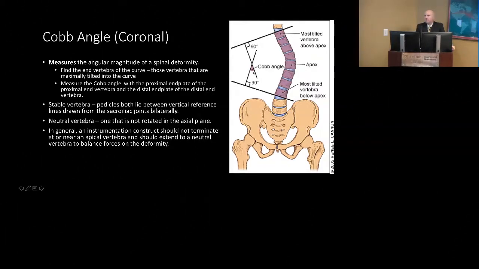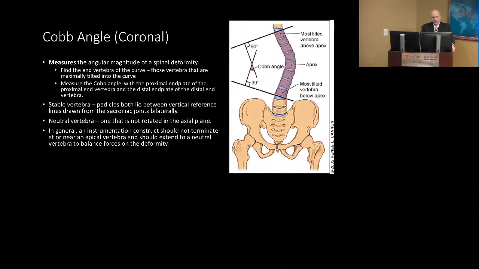And so this measurement is key in both the coronal and sagittal planes. And so to be able to do this sufficiently is very important. And a good general note is that an instrumentation construct should not terminate at or near an apical vertebrae and should extend to the neutral vertebrae to balance forces on the deformity. And in another talk, we'll talk about proximal junctional kyphosis, and this is another key concept that, despite being so basic, seems to be overlooked